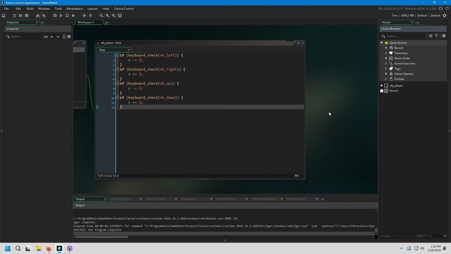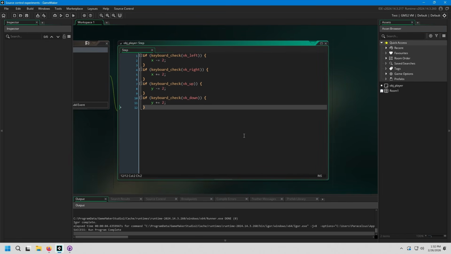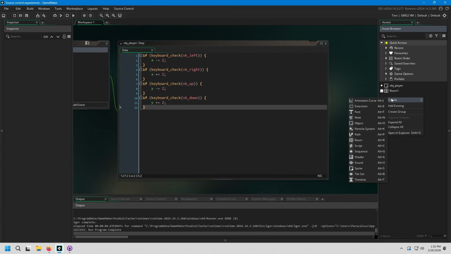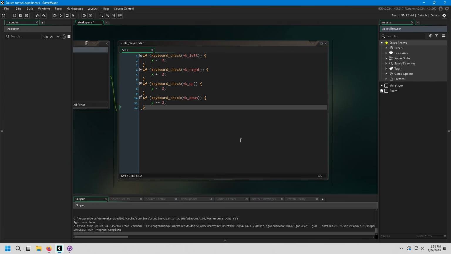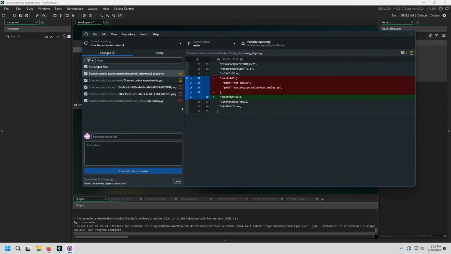And once in a while, people will say, why doesn't GameMaker give you an option to undo deletions like that? Why doesn't it have a built-in recycle bin? And I'm not going to say that that's the stupidest idea ever, for GameMaker to have some sort of built-in recycle bin that it sends deleted assets to. But the core of the matter is that you really should be using source control, and source control will solve